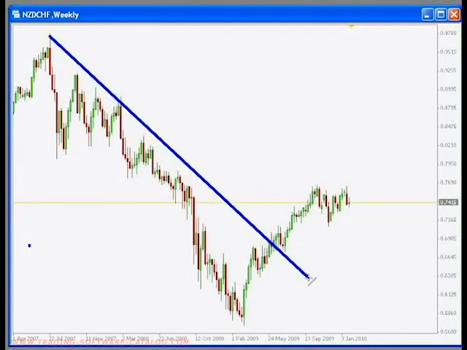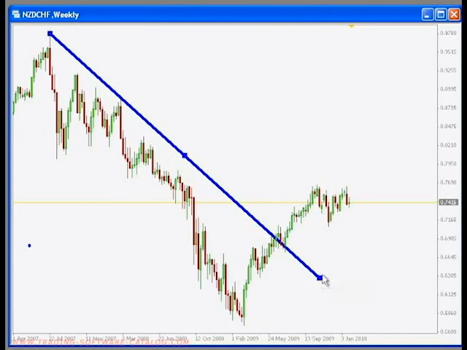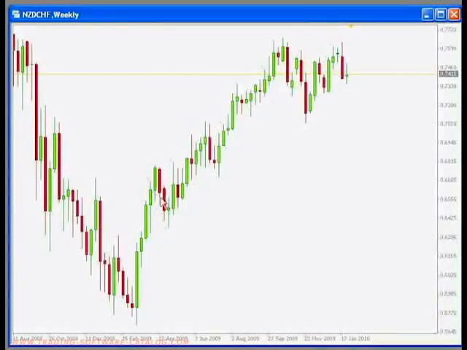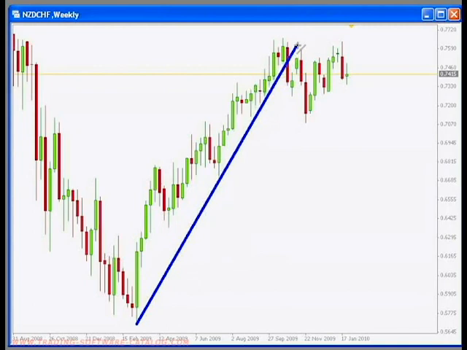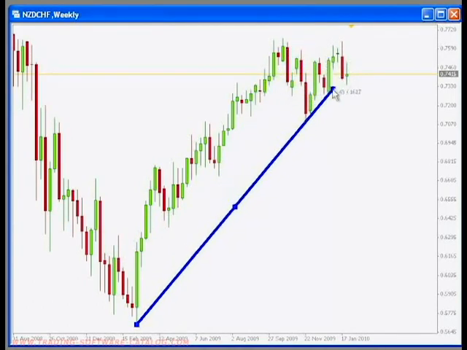Alright, well, first of all, we can find a trend line that was broken a long time ago, so we can delete that as well. Now, let me zoom back in a little bit. We also used to have an uptrend there that also got broken. As you can see, now the new outer trend line should be that one, but this is not really a significant trend line because price has still not made a new high there. So while I can draw that trend line, price has not really confirmed